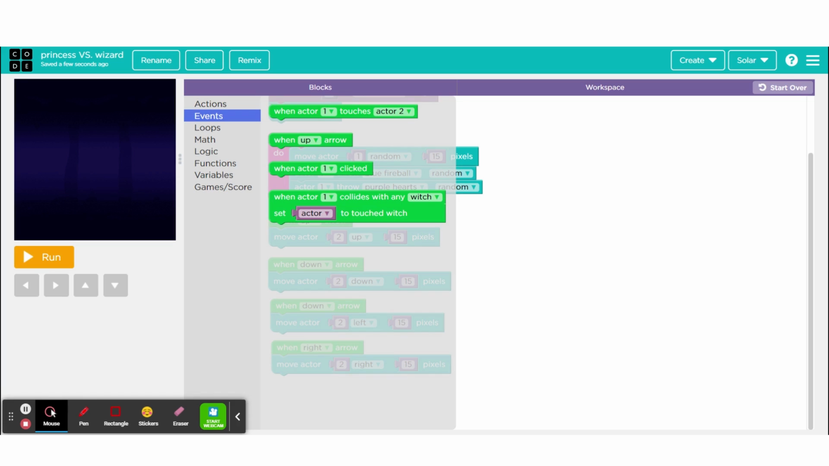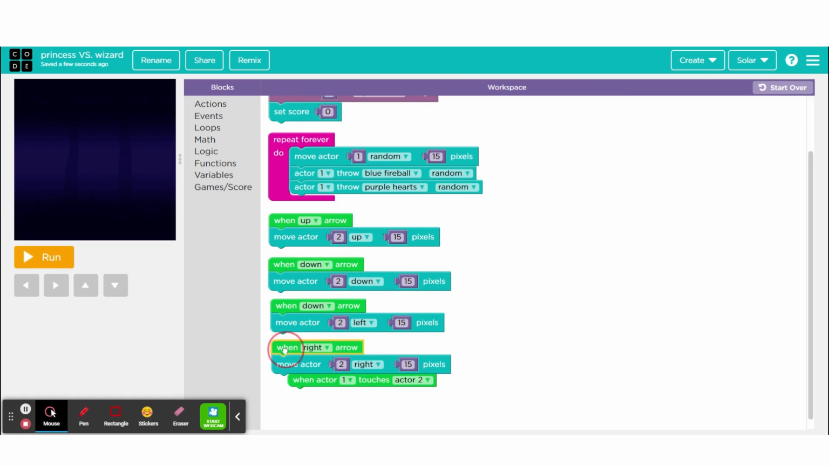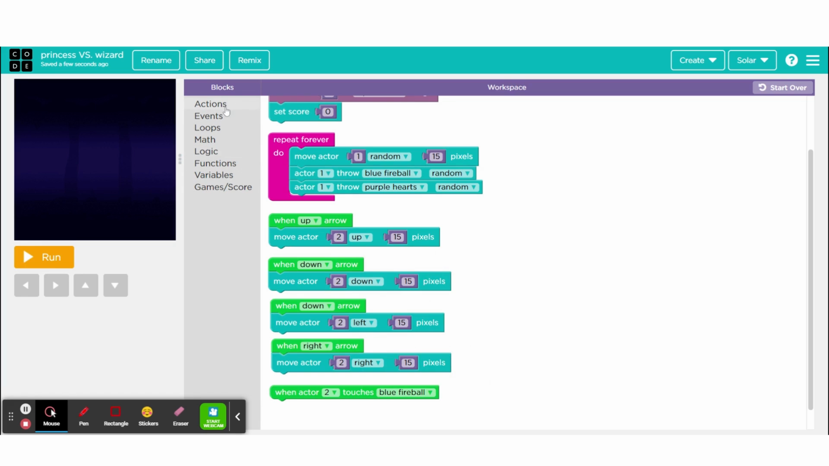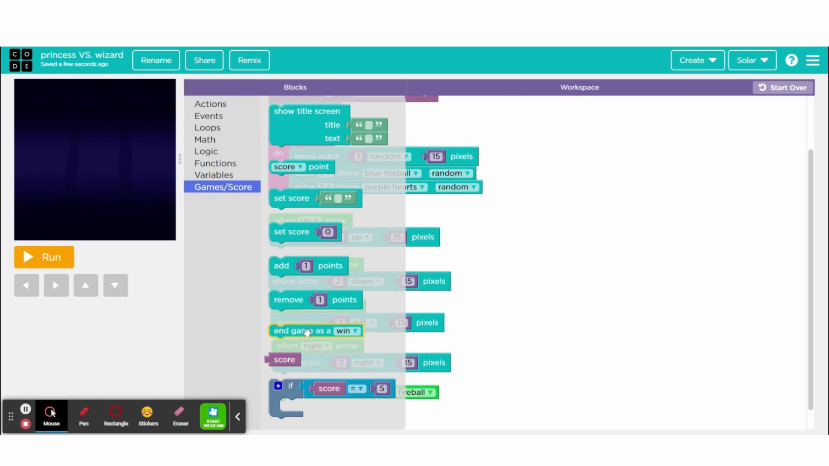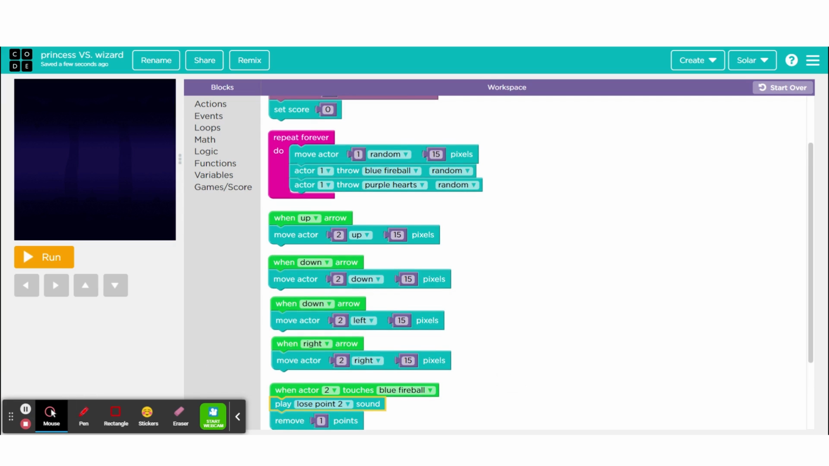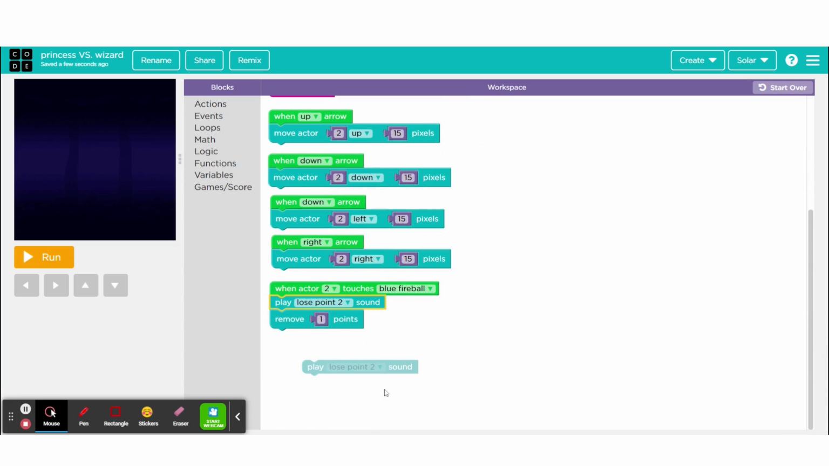It never ends. So, first of all, when actor 2, which is our princess, touches blue fireball, we're going to lose a point. So, go to game and score, remove 1 point. So, I'm also going to be adding a little touch with some music. So, I'm going to play lose point 2 sound. And now, like that,